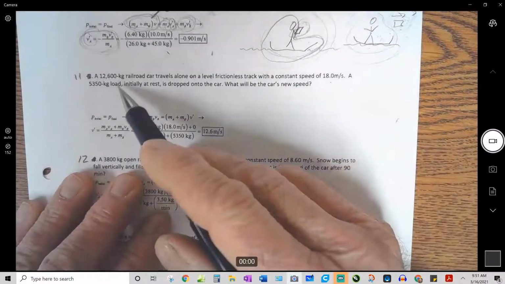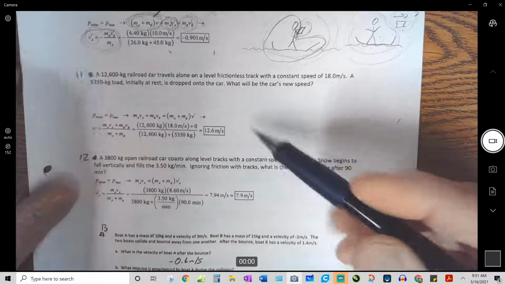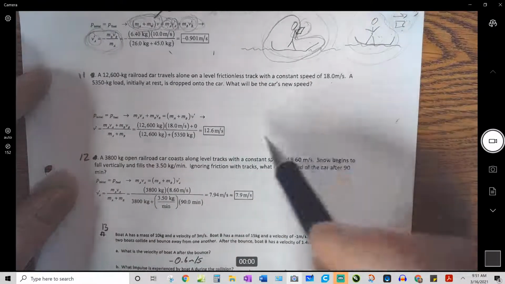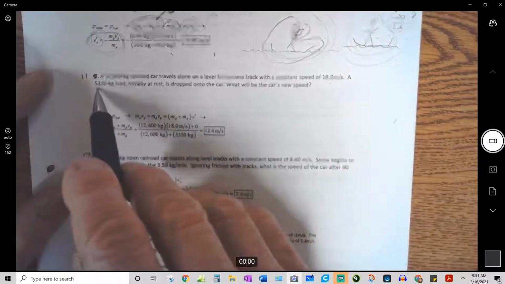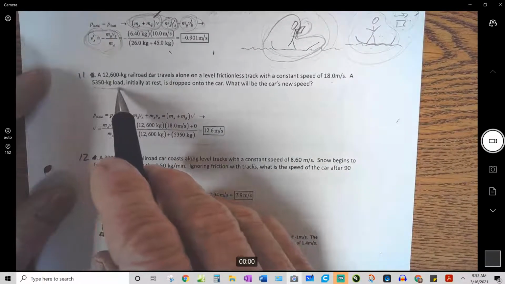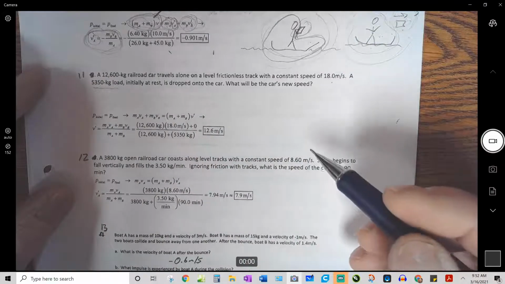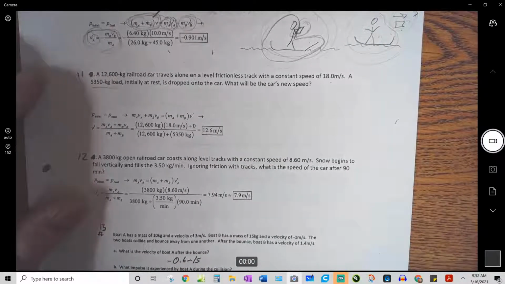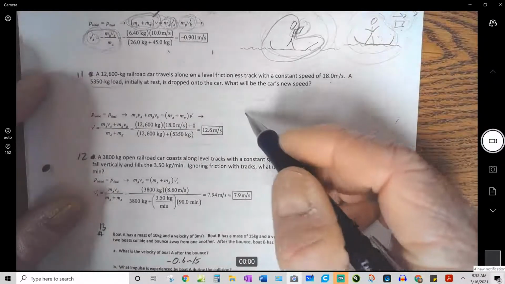All right. Railroad car travels alone on level frictionless track. A 5,350 kilogram load initially at rest is dropped into the car. What will be the new car's speed? So